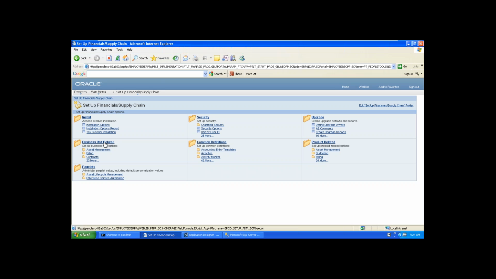In PeopleSoft we have different tables: transaction tables, control tables, and run control tables. Transaction tables means the tables which are affected on a daily basis, day-to-day transactions. Simply, if one organization has different businesses, then they can maintain one business unit for each business, so that the business unit will represent the nature of the business.